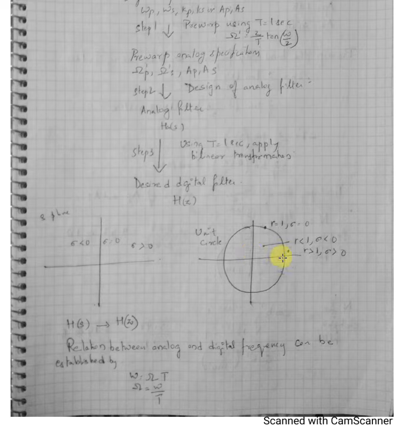In the video, if I say W, understand it is not W, it will be omega here. For this particular topic alone I'll say that, so that you don't get confused. This is analog frequency, this is digital frequency. Clear? Digital frequency of the passband, analog frequency of the passband. So there should not be any confusion in that.